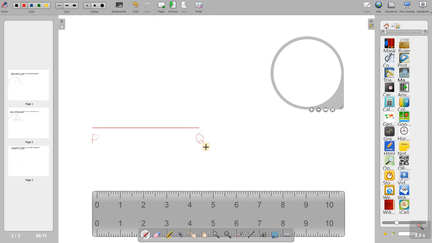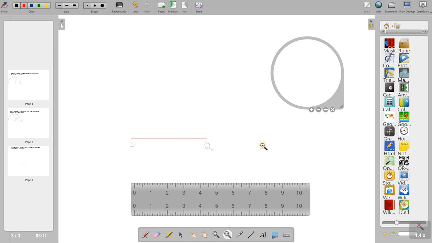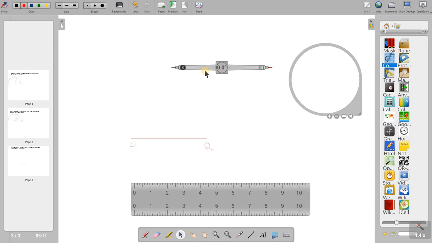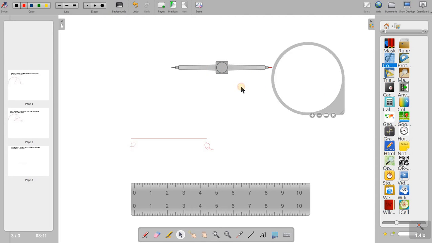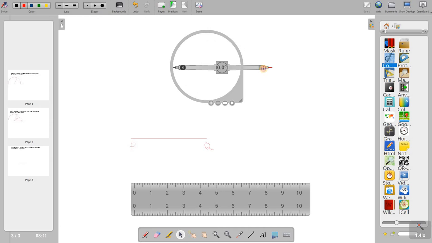Okay. At P, I will have to draw 90-degree using compass. So I'll go back to zoom out mode. I'll zoom out, and then I'll come back to take the compass. The compass is here. I'm dragging it over here. I got the compass here. Initially, when I put it here, it is set at 6.1 centimeter. I can reduce it because the line length is 4.6.